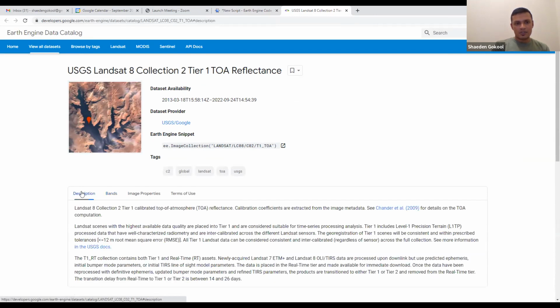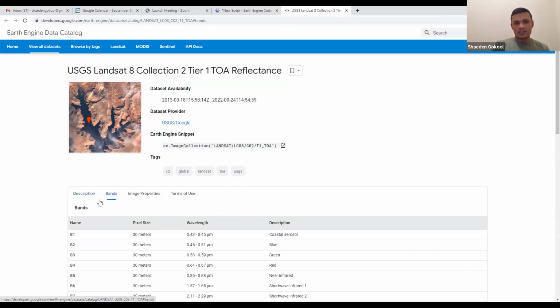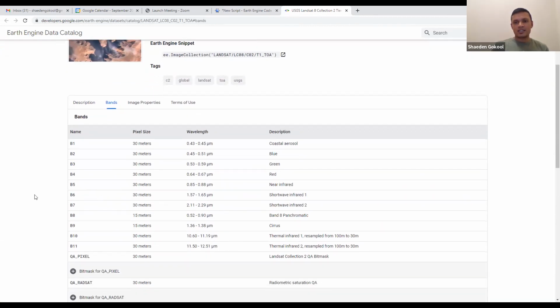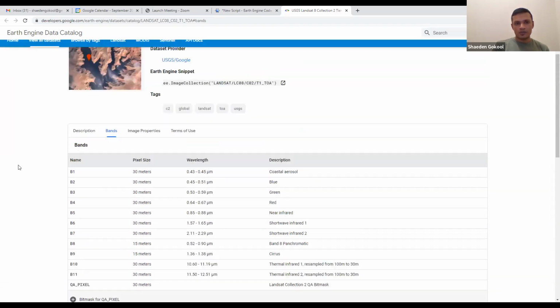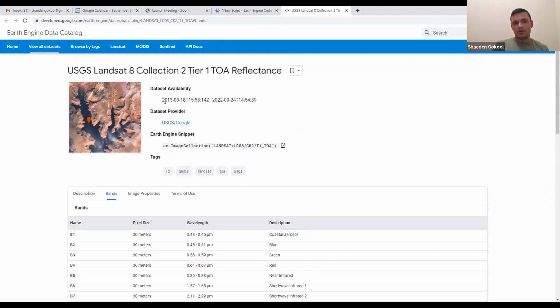You can see the description of what Landsat 8 is providing us with, the different bands. Because Landsat 8 is a sensor capturing information in different bands, it's not an index that's been derived or a product. There are multiple bands available, from band 1 to band 11 here. There's a quality assurance pixel, and a description of what each band represents, the wavelength in which the information is being captured, the spatial resolution of the pixel for the different bands,